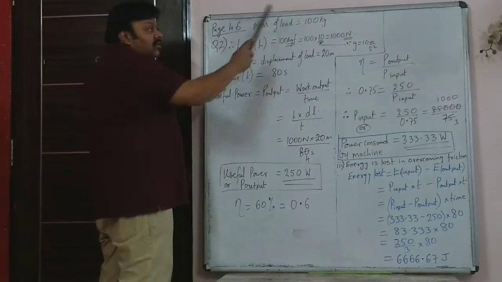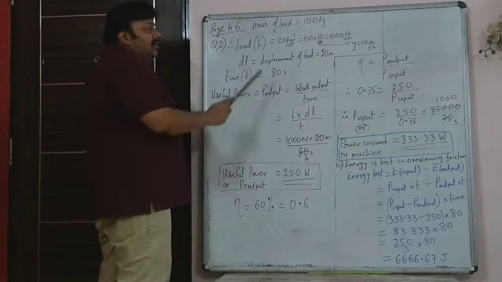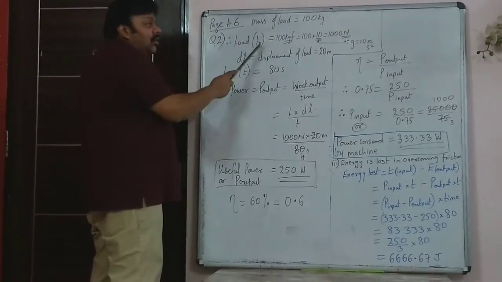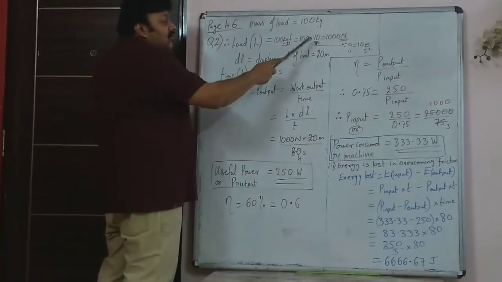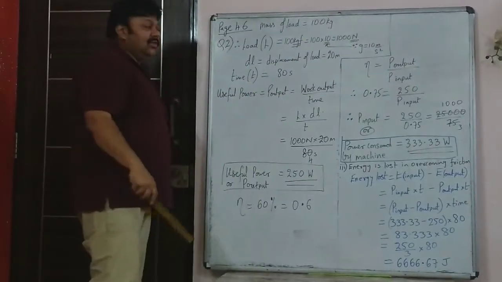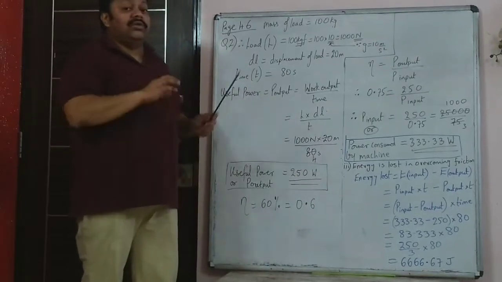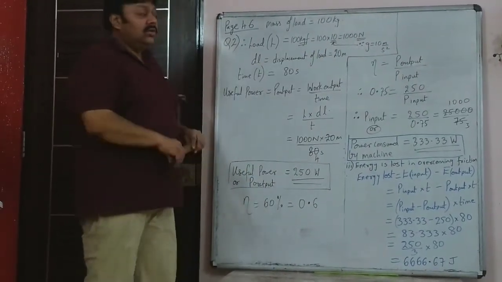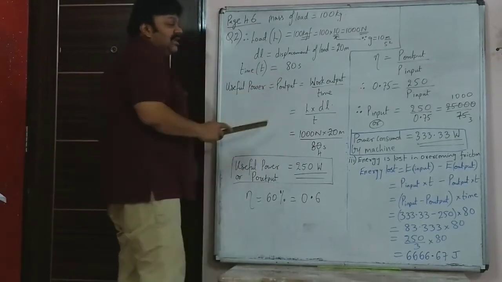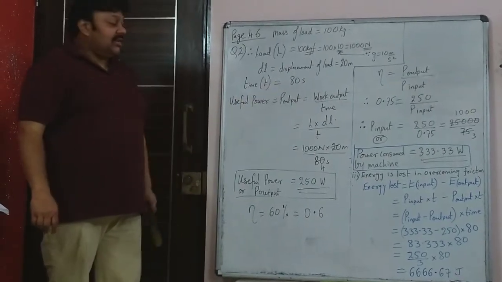Mass of load, that is stone, is 100 kg. That is the mass of stone because it is in kg. So obviously we have to convert it into kgf and then call it the load. And then we do m into g. This is mass into g. The g value is given as 10. So 100 into 10, 1000 Newton is the actual load. Load is a force and that is in Newton. The mass of the load was 100 kg. So now displacement of the load, or dl, is 20 meter and time is 80 seconds.